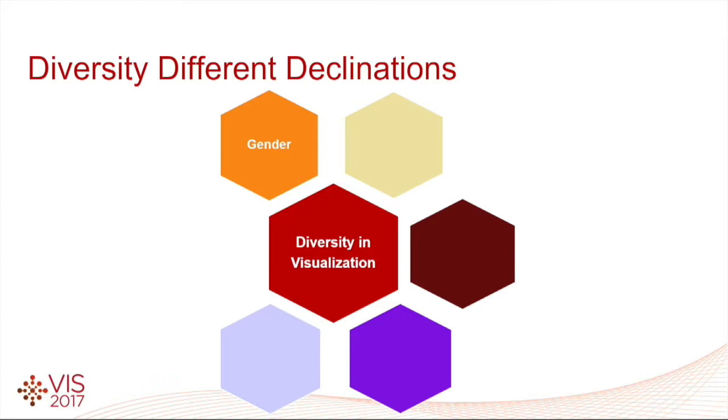So of course, gender is one of the most obvious declinations of diversity. There is also diversity in terms of individual background, which can also cover different aspects from cultural, ethical, ethnical as well. But there is also diversity in terms of the distinctiveness of each individual. So what is the contribution that each individual brings to the community? Because everybody has a unique set of characteristics